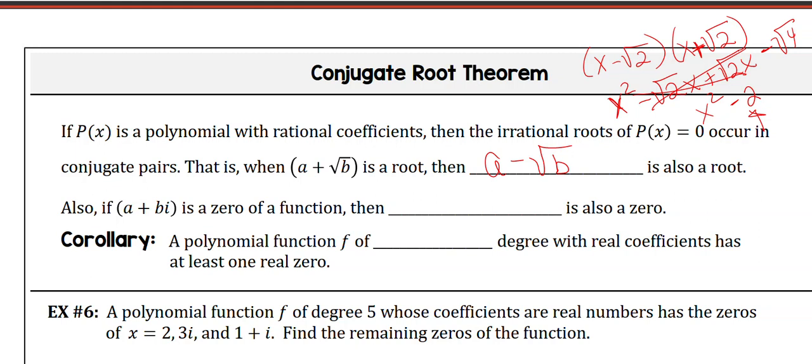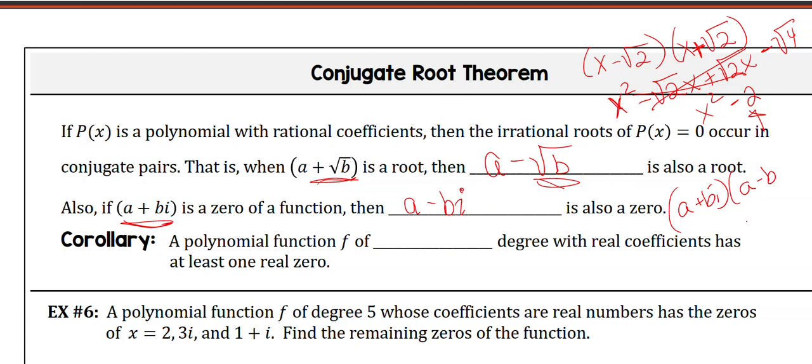So that's why you need this conjugate idea, because I want those numbers to cancel out so it's nice and neat. The same thing happens when we have an imaginary number. If you have a plus bi, then a minus bi must also exist. Same idea, if you were to FOIL it, you end up getting a plus bi,